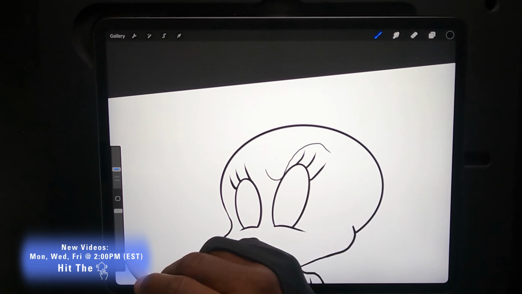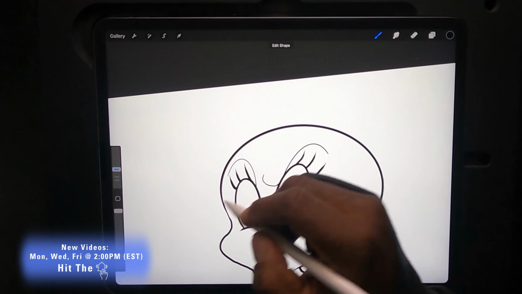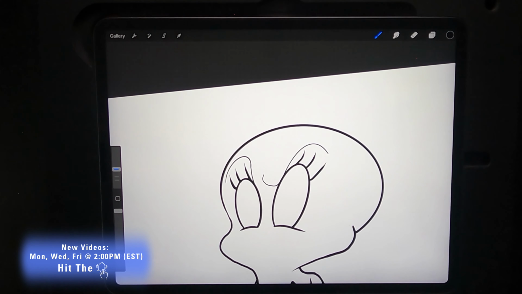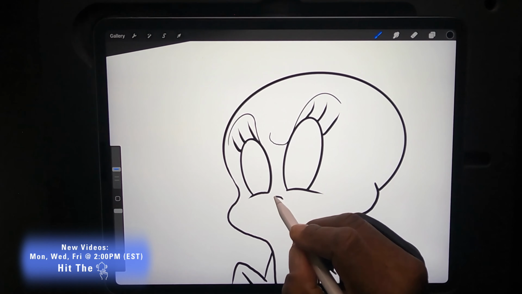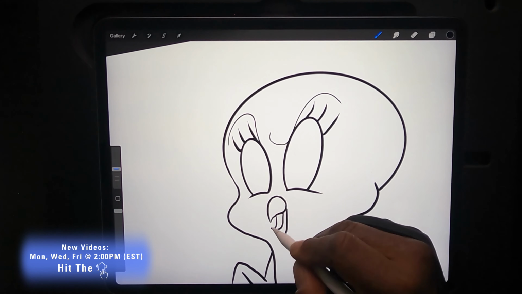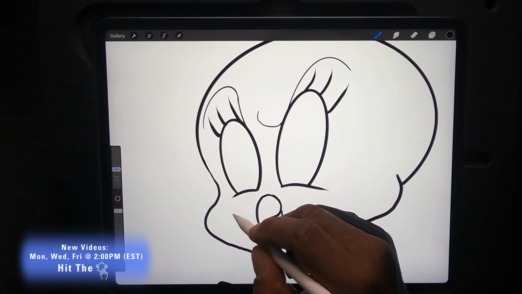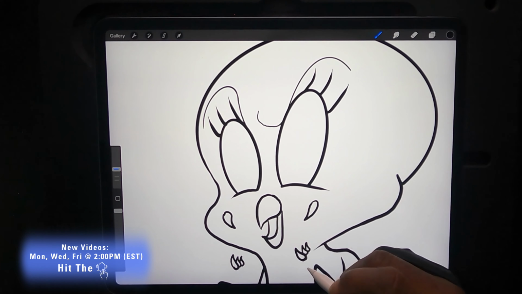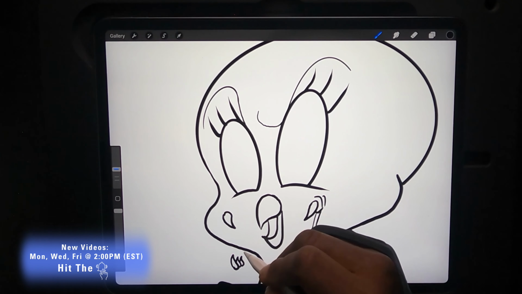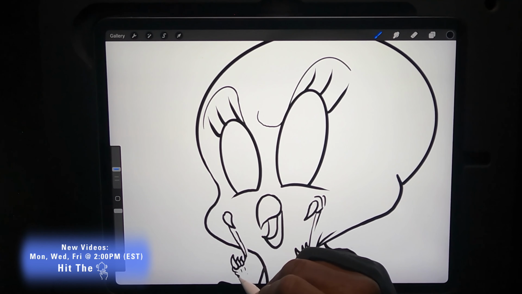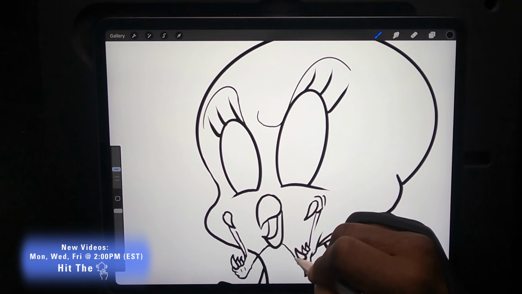So that is one thing I'm just making sure, is that the underpinnings is Tweety Bird, that you can tell it is Tweety Bird. So once I have that in place, I'm adding the Predator's mouth, and I've never drawn Predator before. That might be a next one I bring into one of my videos, but this is all freestyle, and it is coming to life.